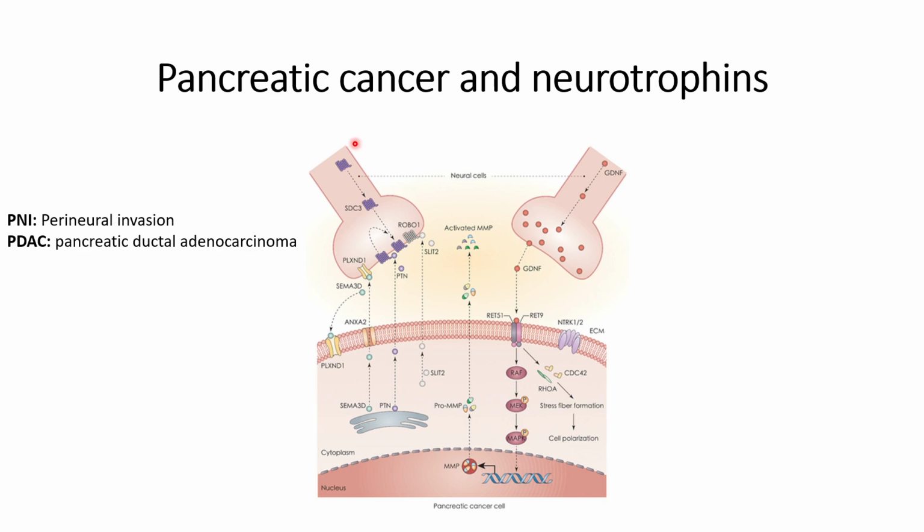So we will understand what are the signaling pathways that get activated and what actually happens in this condition, that is pancreatic ductal adenocarcinoma. The phenomenon or the process of surrounding the neurons with the cancer cells is known as PNI, or perineural invasion. So what happens in that case is that